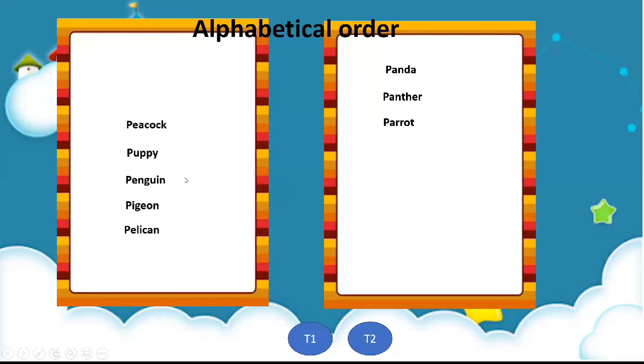PE, PE and PE. I have more objects with PE. Peacock, penguin, pelican.